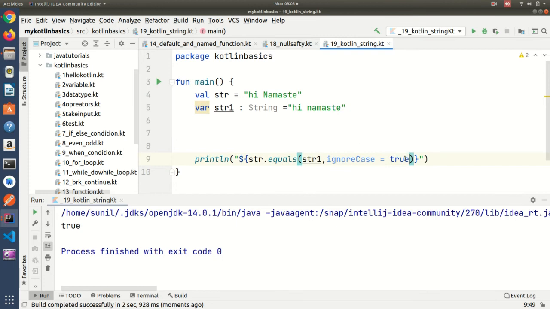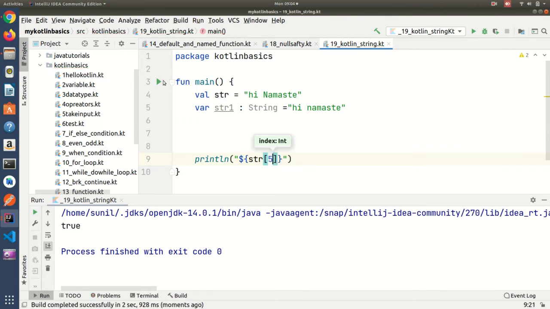Okay, now in the same program we are going to check how to print the index of the string. I'll take the string and put the index value 5 here.